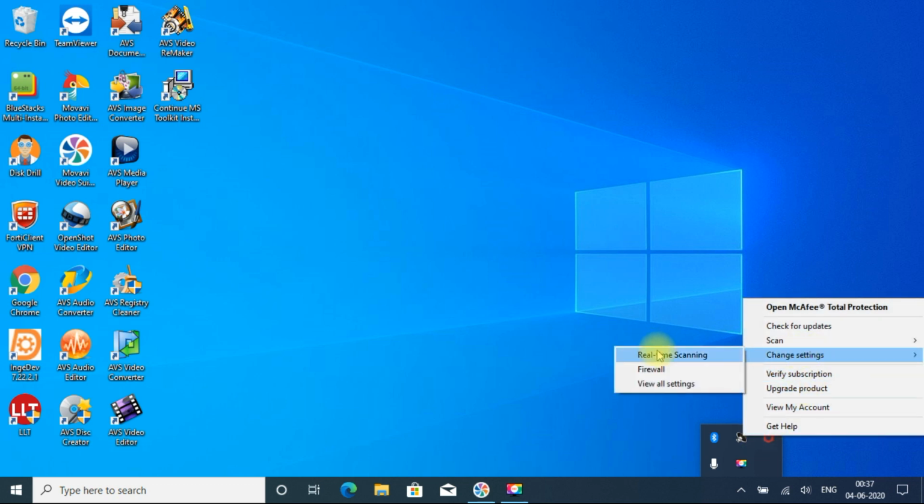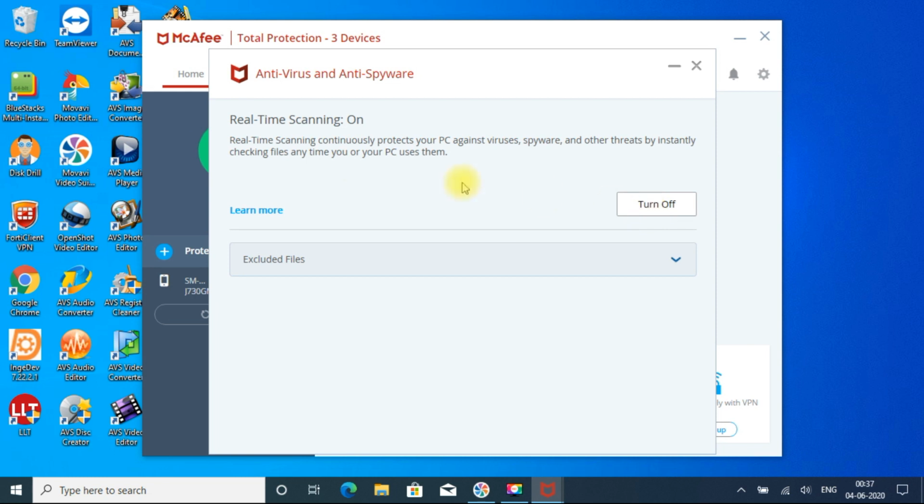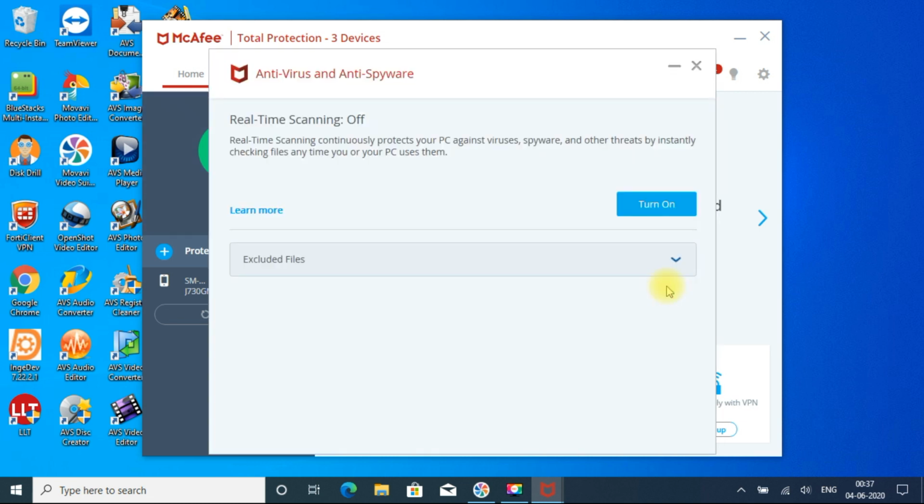Go to Real-Time Scanning first, and if you want to turn that off, I can see the Turn off button. Just click on that and you can give whatever time you want. Now I am giving never. Whenever I need it, I will enable it. So I am giving never now. So it is turned off.